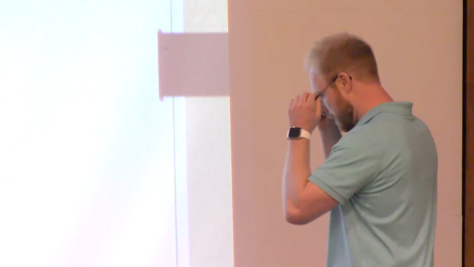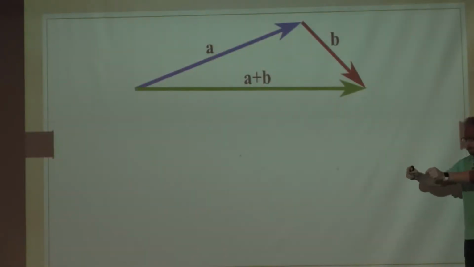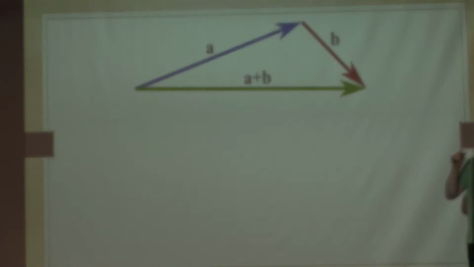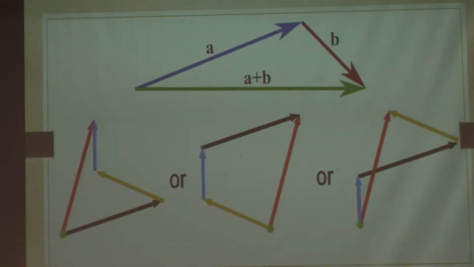Here's another example. I'm constantly looking for ways in my classroom for things that I would like to change or to use computer programming for. For those of you who haven't had physics, these are examples of 3 vectors, and it turns out that math says I can add vectors in any order and I'll get the same result. So the 3 vectors, black, yellow, and blue, if I add them in that order, I'm going to get the red line right here. If I add them in this order, I'm going to get the red line. In all 3 cases, the red line is the exact same length and the exact same size.